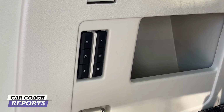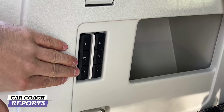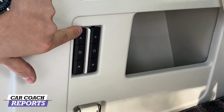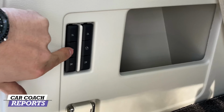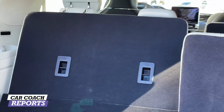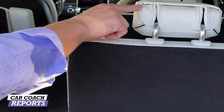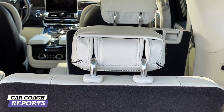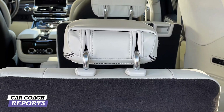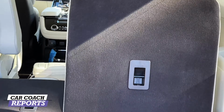Speaking of convenience features and cargo space, when you come back here to the third row, you have the automated controls to put the rows down, your left side, your right side, and then up and down. So let's start with the third row, and it goes down all by itself just by the touch of a button, and it moves pretty quickly too. Now before you do this, make sure your headrests are in the down position, otherwise you're going to have a little bit of a contact issue. There goes the third one on the right side, down,